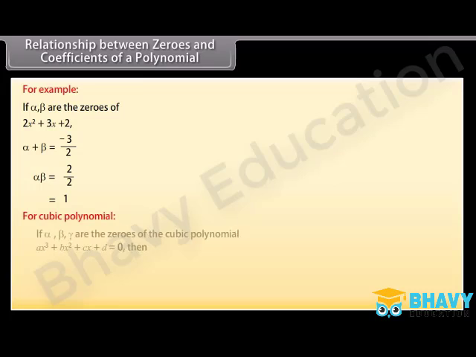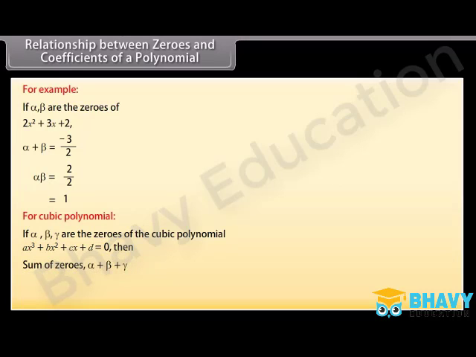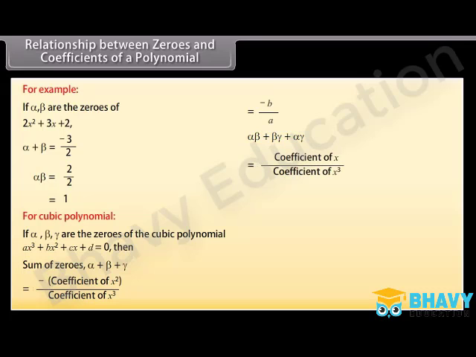For a cubic polynomial, if alpha, beta, gamma are the zeros of the cubic polynomial ax cube plus bx square plus cx plus d equal to 0, then the sum of zeros, alpha plus beta plus gamma, is equal to minus coefficient of x square upon coefficient of x cube, which equals minus b upon a. Alpha beta plus beta gamma plus alpha gamma is equal to coefficient of x upon coefficient of x cube, which equals c upon a. The product of zeros, alpha beta gamma, is equal to minus constant term upon coefficient of x cube, which equals minus